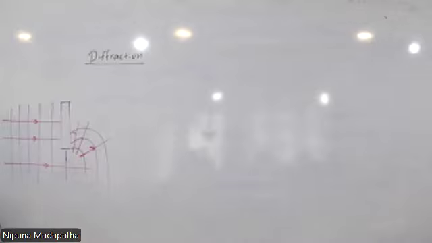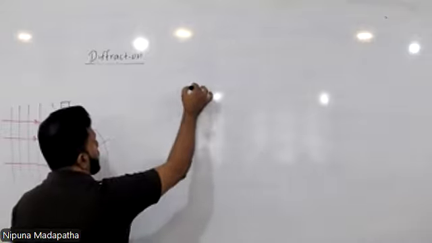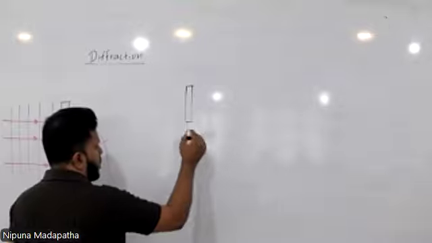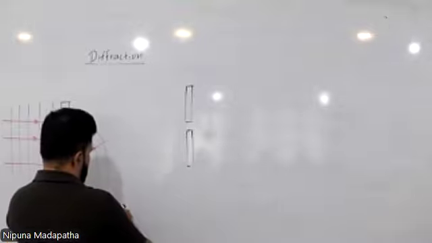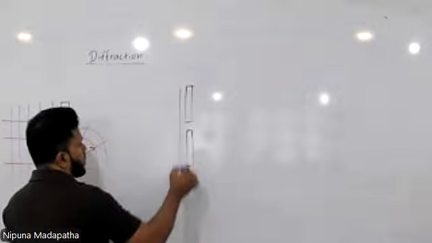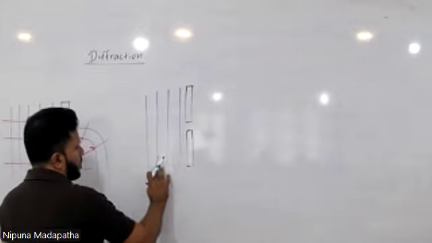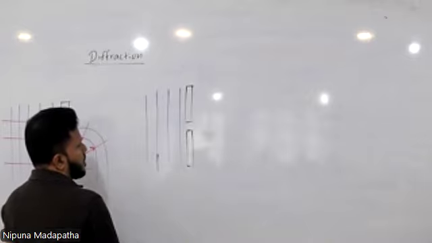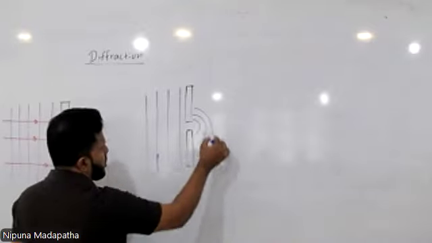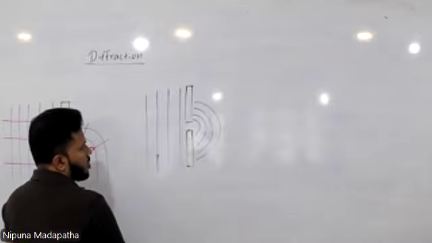And also, not only from a barrier, whenever there is an aperture or small hole, when a wave goes through a narrow aperture or hole, it spreads out. It goes like this. So this phenomenon is known as